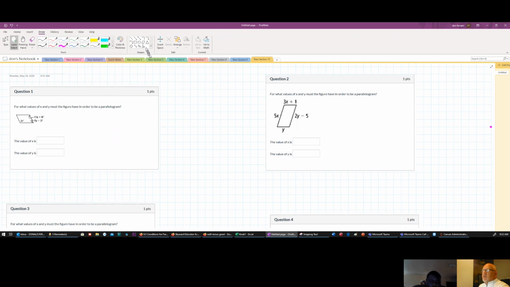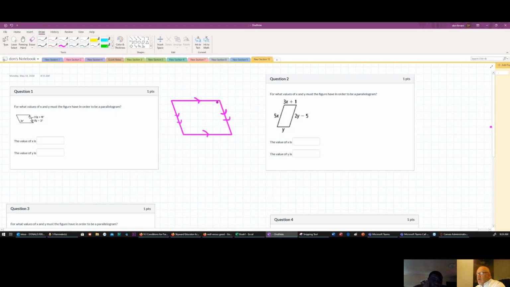So a parallelogram, this right here, you can see that, right? It's a parallelogram. So what we know here is that this side and this side are the same length, and they are parallel. And then this side and this side are the same lengths and they are parallel, right? Since they're parallel like that,